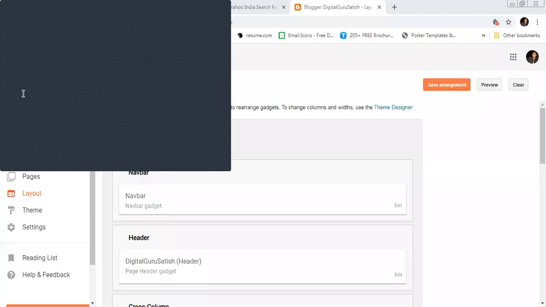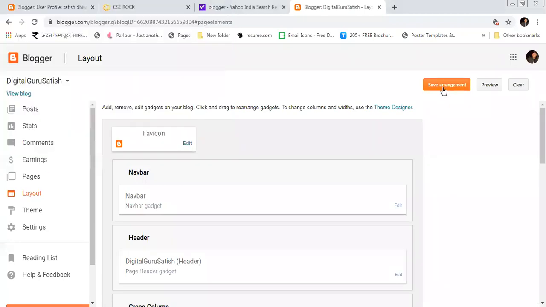So I want to tell you something about that. You can upload a custom favicon, select a favicon file, and please use a square image that is less than 100 KB. You choose a file, upload here, save here, and after that click here on save arrangement. And when you do that, you can change your favicon.